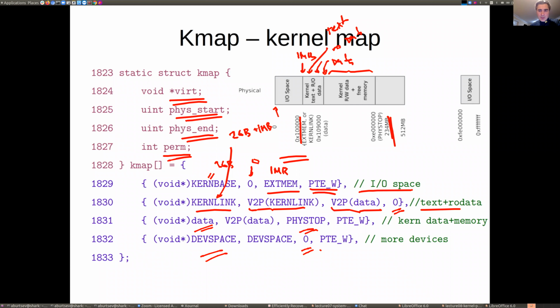Good. Is xmem equal to kernel link here? No, kernel link is 2 GB plus 1 MB. Oh yeah, actually you're right. And xmem is the same constant. Yeah, should be equal then. You're right. At least it looks to me. But we can quickly grab,